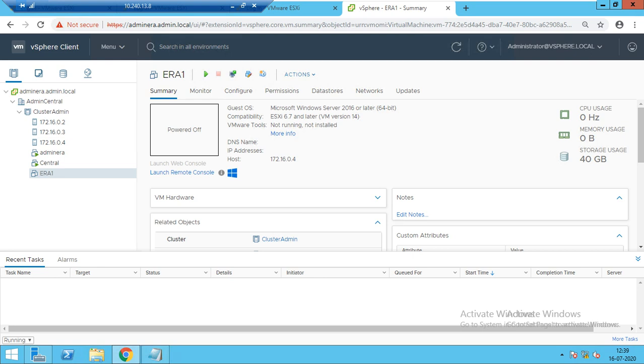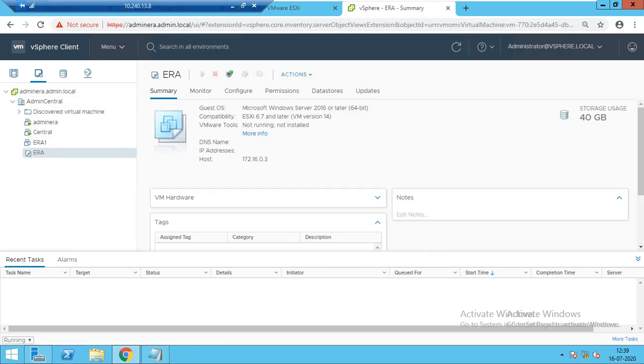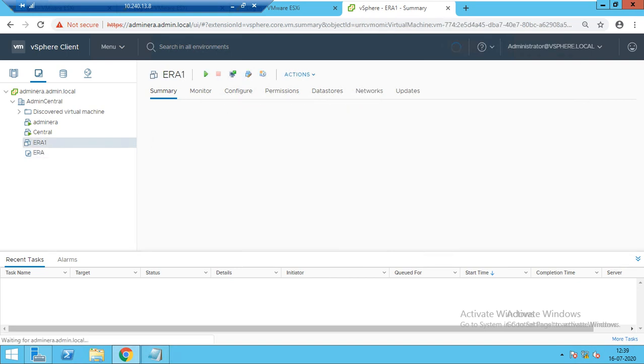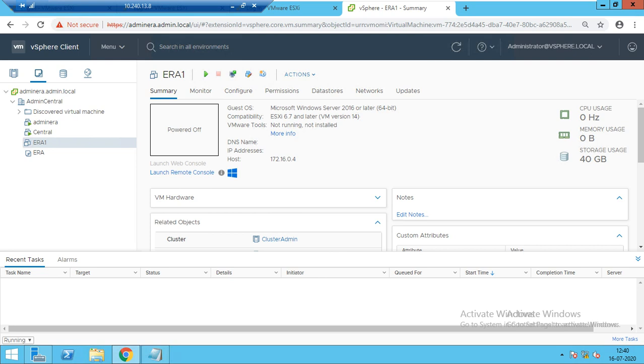Now we have the template. If you want to edit the template, you cannot edit it when it is a template. You have to bring it back to a virtual machine and then you can edit. So I'll show you how.